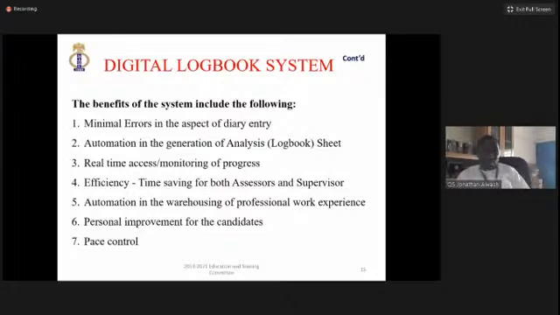Minimal errors, automation in the generation of analysis sheets, real-time access, efficiency, automation in the warehousing of professional work experience, pace control, and personal improvement for the candidate. Now, let me speak on this, even though we'll be seeing it along the way, the automation of the generation of analysis. Now, immediately a candidate in this system,